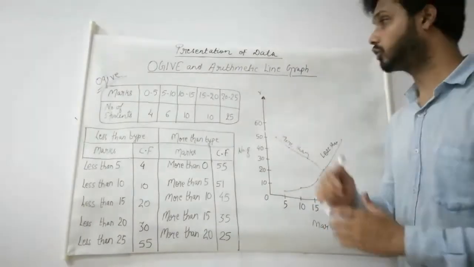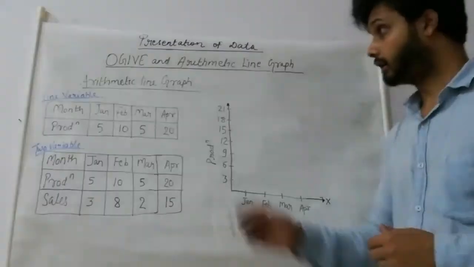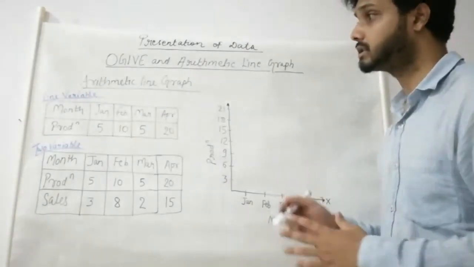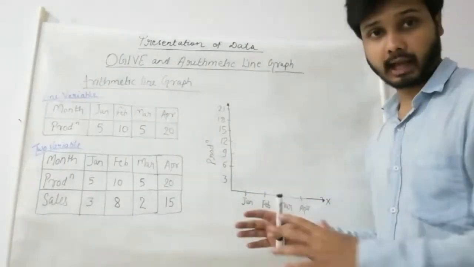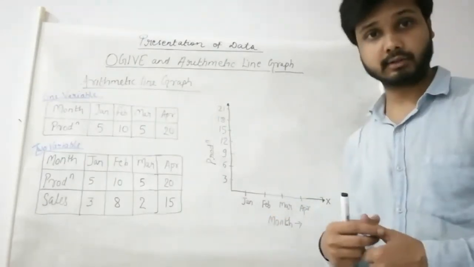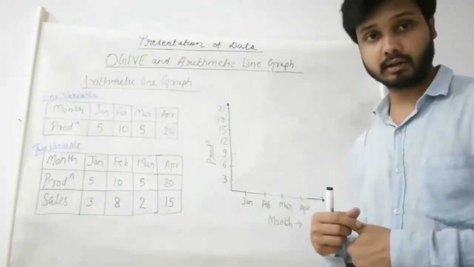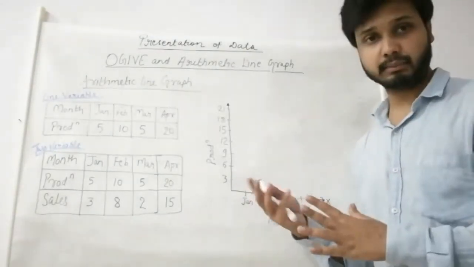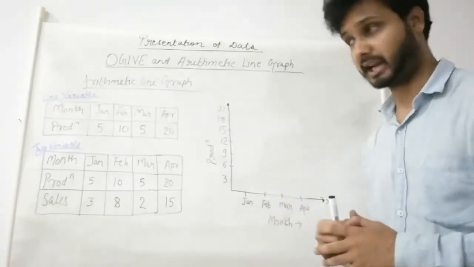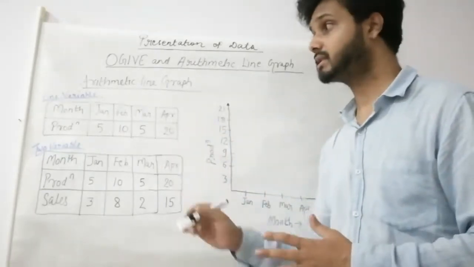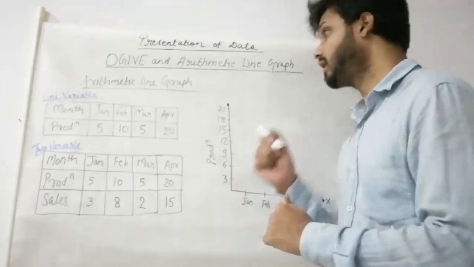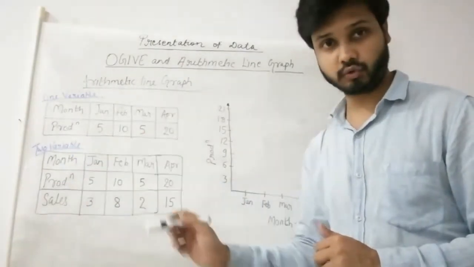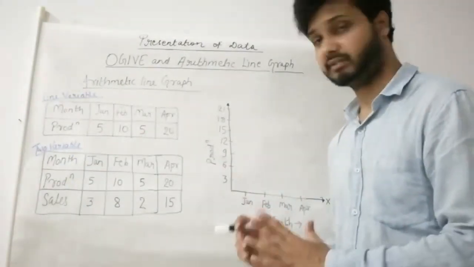Okay, now we will see how to make arithmetic line graph. Arithmetic line graph is also known as time series graph because in this the questions are mainly in the form of time interval gaps. Either the question will be given in years or days or months or any time. Basically it will be dealing with the time gap. So here we have questions based on two concepts. Arithmetic line graph is made of two types, that is one variable and two variable. Both are very easy, that we will see one by one.